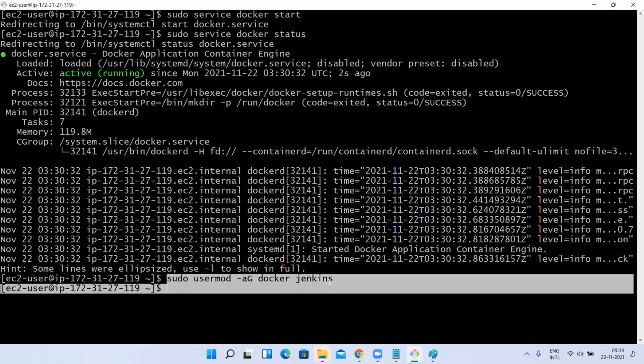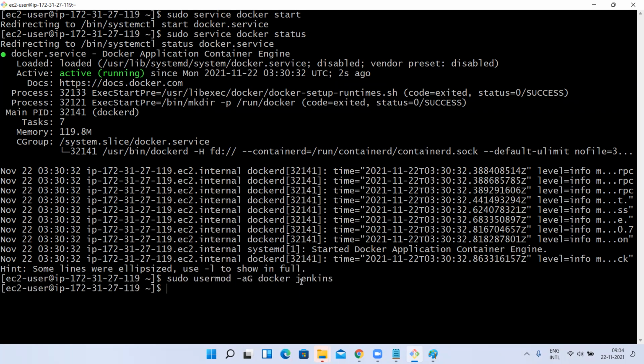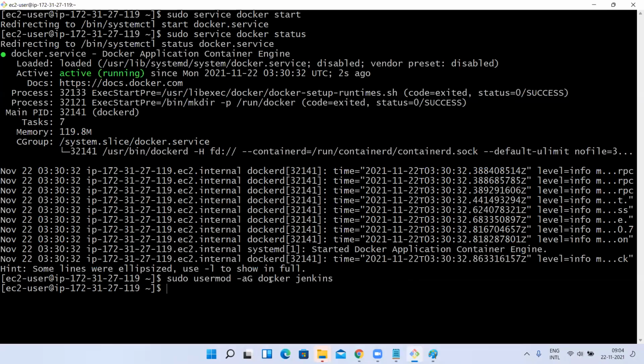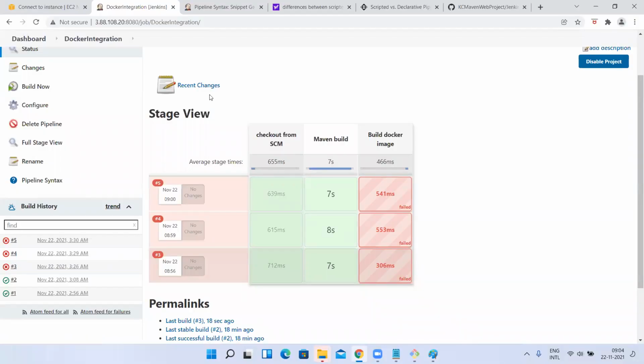On that Linux machine I installed Jenkins, right? So whenever I install Jenkins, a user is created with the name Jenkins. Likewise, when I install Docker, a group is created with the name Docker. So in this job, I'm executing a Docker build command. That build command needs permission over Docker, right? So as this job is executed with the Jenkins user, I'm going to add that Jenkins user to this Docker group. Understood? Is it clear? Yes, yes, sir. Okay, now let me click on build now.